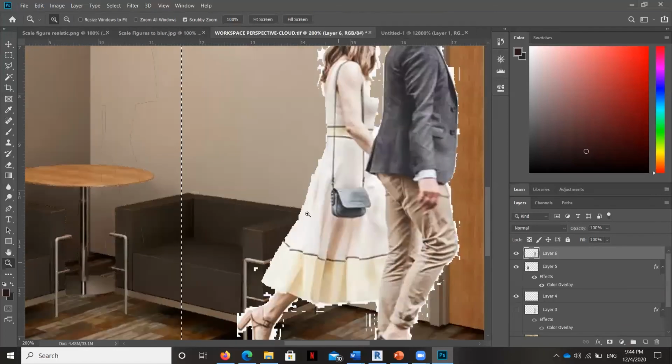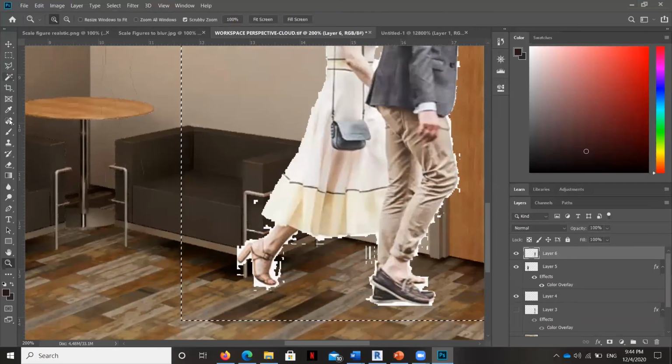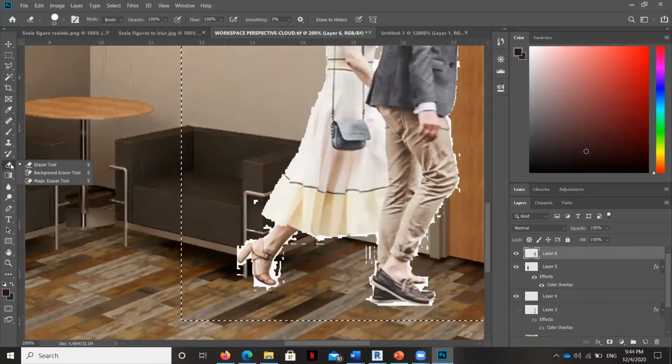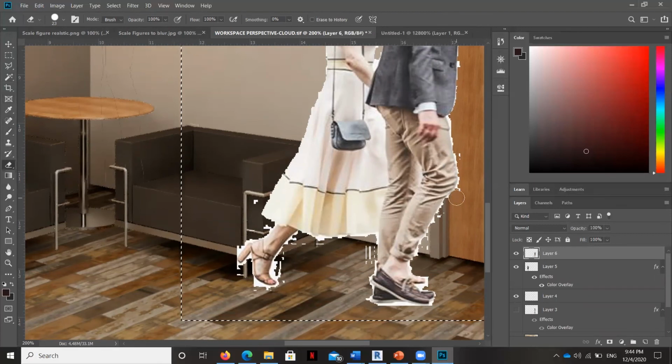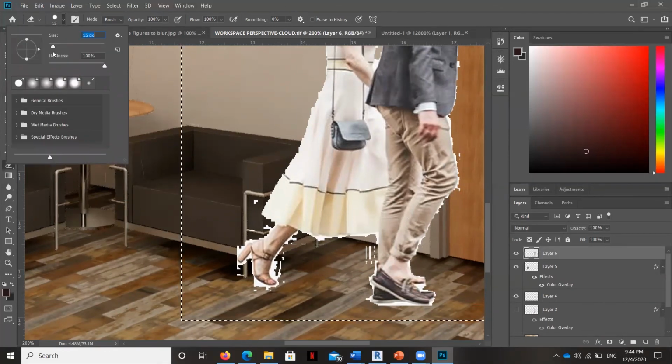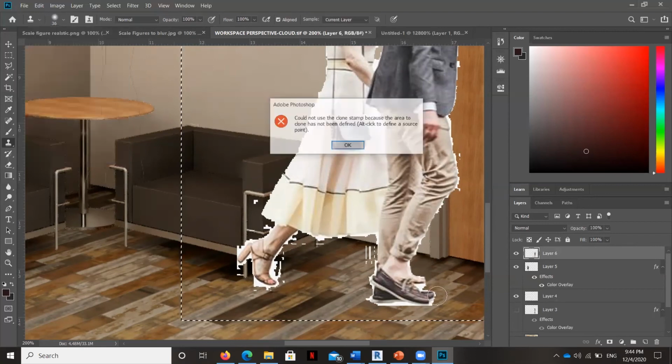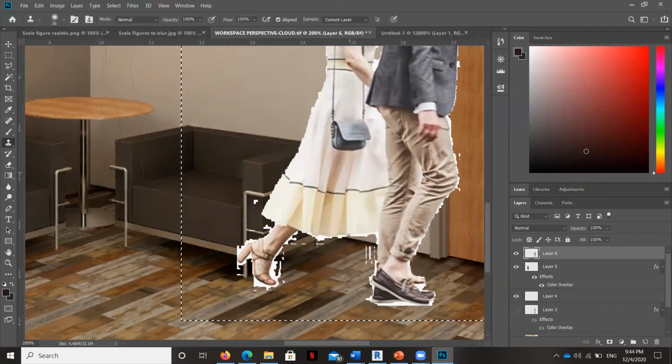So I'm going to take just a quick moment here. I'm going to pause, and I'm going to use this eraser tool. Hopefully it'll work for me now. Yeah, and I'm going to come through and erase these bits here that are getting in the way, and I can adjust my brush size here and the hardness, of course. So I'm going to pause for a second and clean this up. I'm not going to go crazy, but I'm going to do my best to clean it up here.